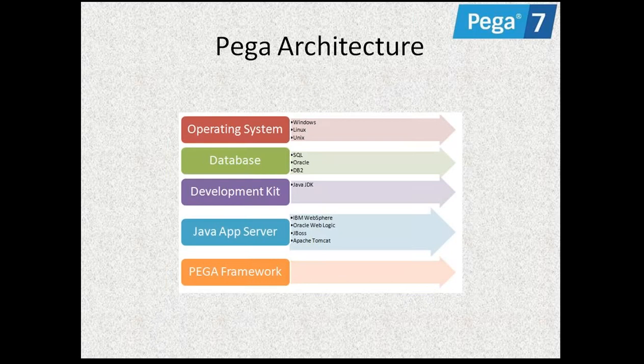Like that, for every domain, Pega contains some built-in frameworks. You can work on the frameworks and the work becomes much easier. There is no need to develop from scratch here. So this is the architecture. Pega works on one operating system. Normally most of the time we work on Windows only. It also supports Linux and Unix, and databases.